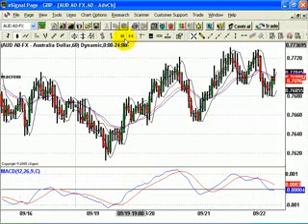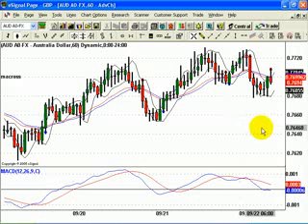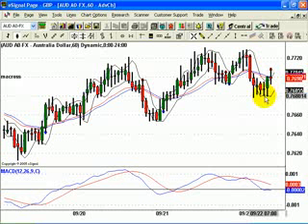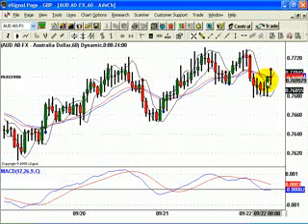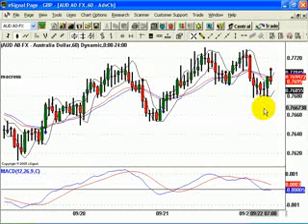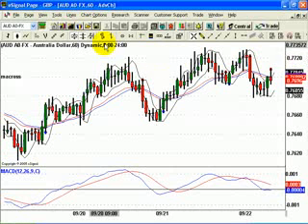Okay, the 1 hour, the short-term trend. We have our trend indicator, which is in sell right now. We can see that we had a cross here of the long-term moving averages, which tells us the market is down, and our trend channel is presently up, because we had a cross down below the lower trend channel line here. The market came down. We had a close above the trend channel line, so the market is mixed right now. We have our long-term indicator telling us the market is down, and the trend channel telling us the market is up. We also have a conflict here with our